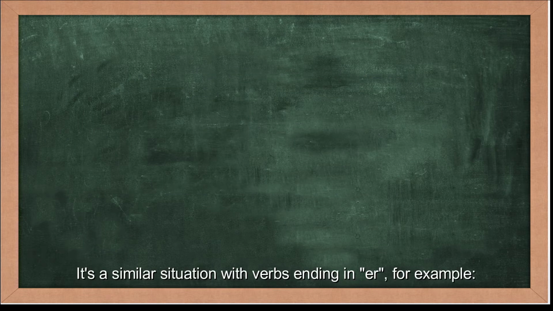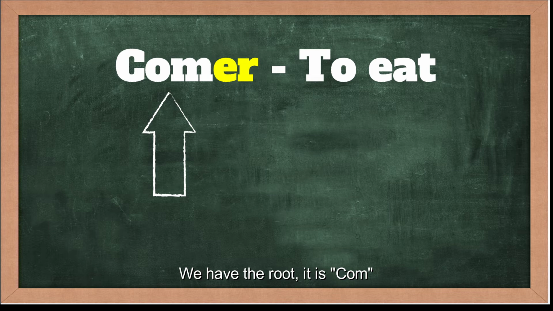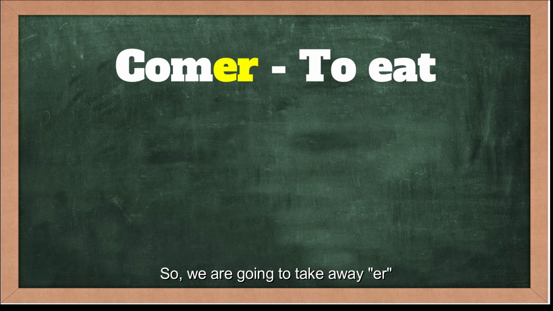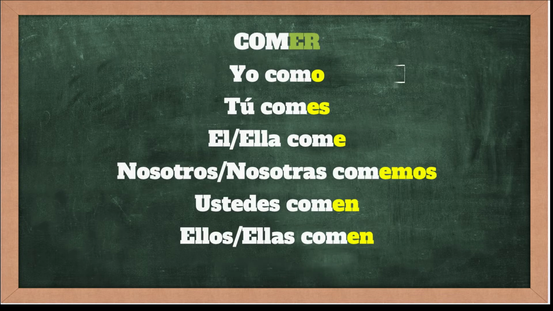It's a similar situation with verbs ending in er. For example, comer, to eat. We have the root, it's com, and the ending is er. So we are going to take away er and change it for the corresponding ending of each personal pronoun. So here we have yo como, tú comes, él o ella come,